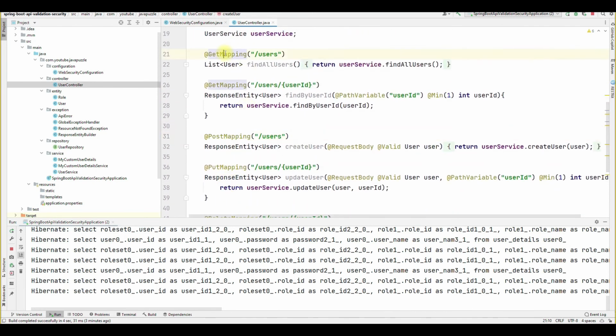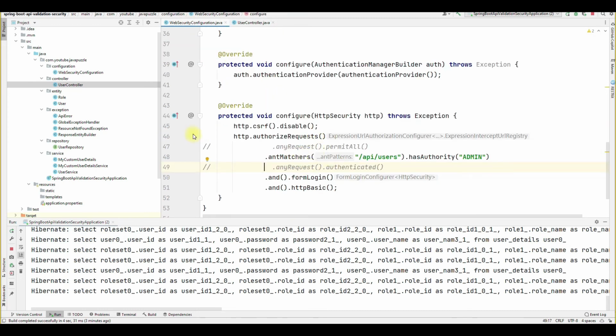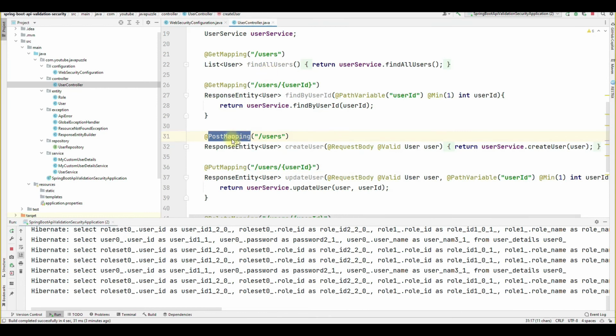So how will you tell Spring Security that this get mapping should be accessed by the editor, and this post mapping should be accessed only by the admin?